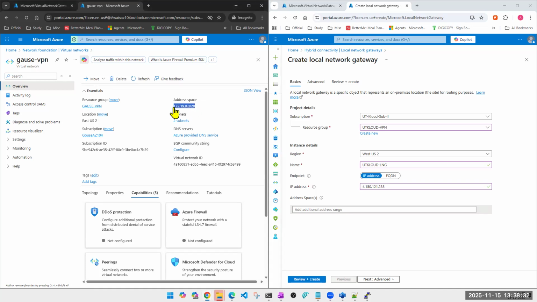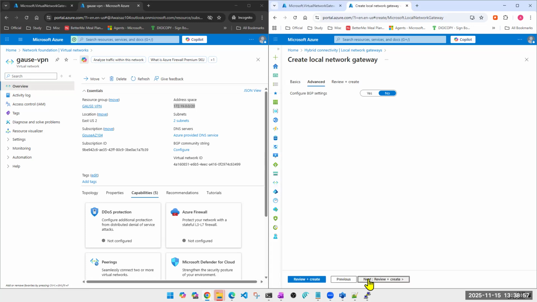Am I taking the machine's IP? Am I taking the machine's public IP or private IP? Am I doing anything resource specific? No, no, no. I am creating VNet to VNet, right? So I'm interested in the VNet's address space and the VNet gateway's public IP, not virtual machines. So this is done. Let's click next. Border Gateway Protocol, we don't want that here either. Just click review